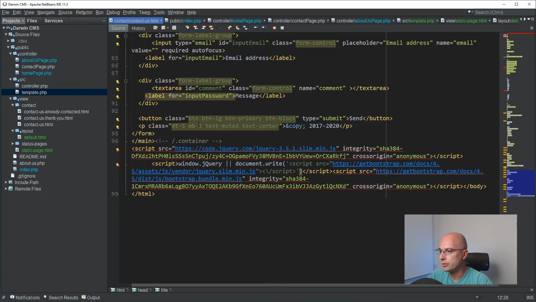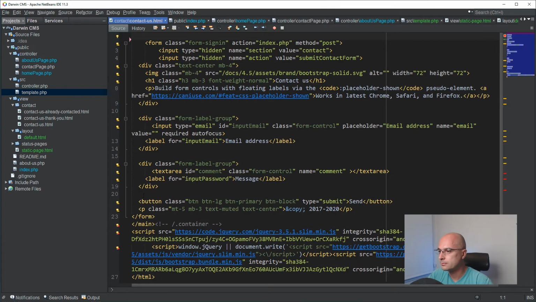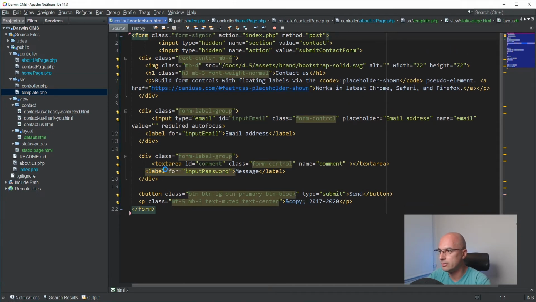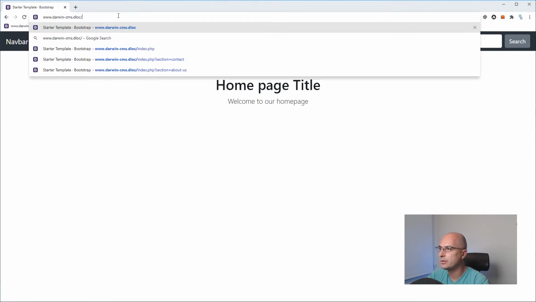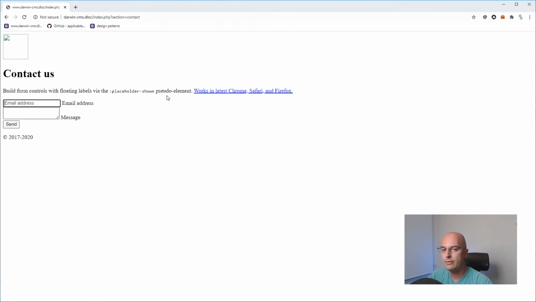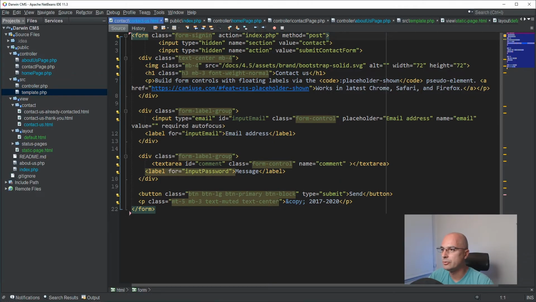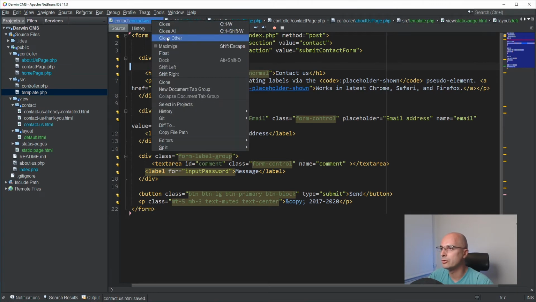If I, from the contact us page, remove everything that is above the form and below the form, because that is now inside our layout, right? So we only have the form. Let's go to the contact us page. We have only the form information, and let me just remove this image because I see that it's not being loaded. Now if we go to our contact controller,